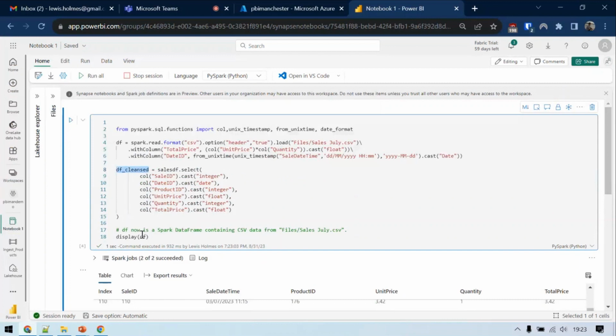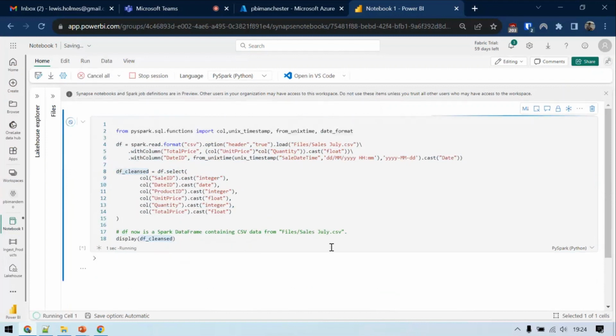We're taking our data frame, and in Spark everything works in data frames. So this is a variable data frame, and it reads it from the file, and then it's doing these other operations, and the result of that's being saved in here. Then we're referring to that again, and we're just telling it to pick these columns with these data types and put them back into this variable. So if I run that now,